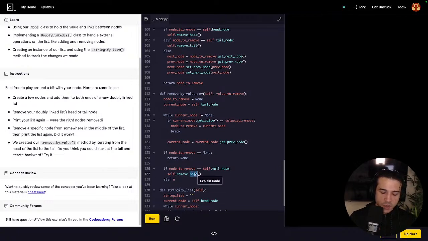If node to remove is equal to self dot tail node, self dot remove tail. Else if node to remove is equal to self dot head node, self dot remove head. Else